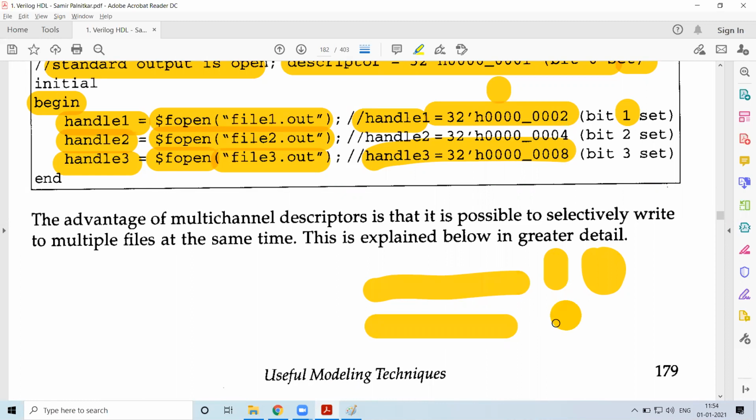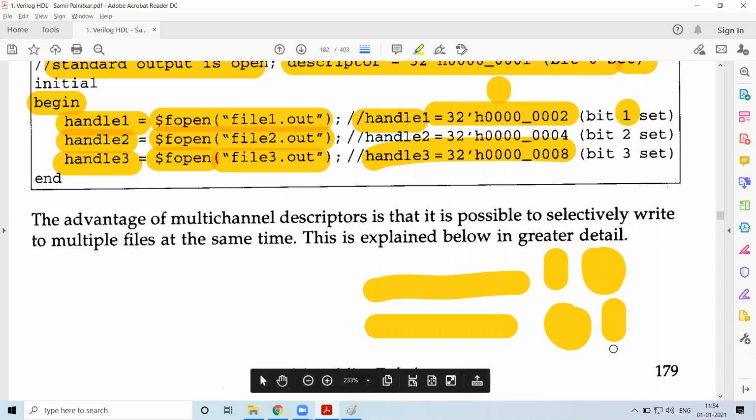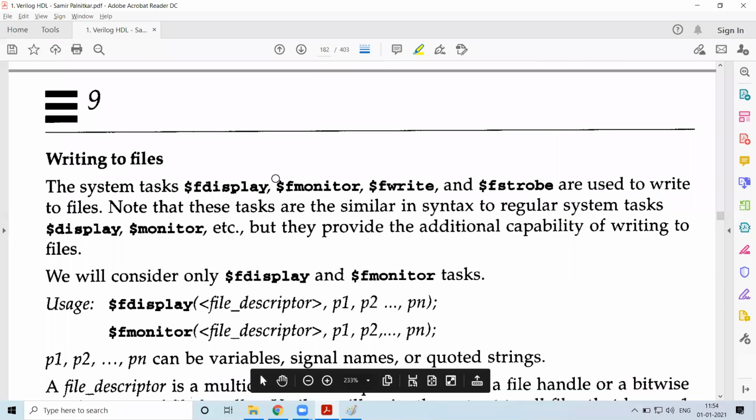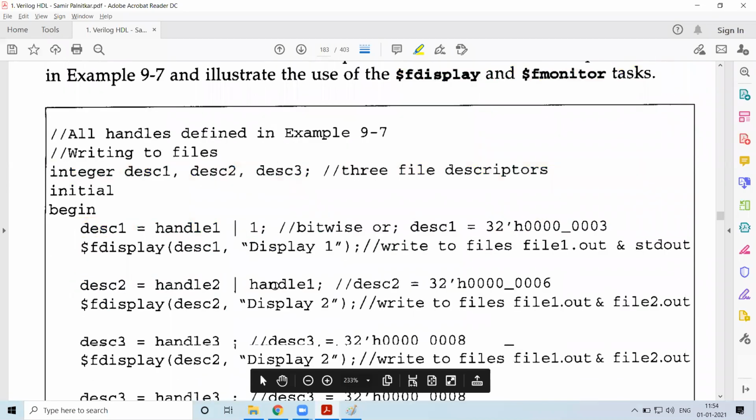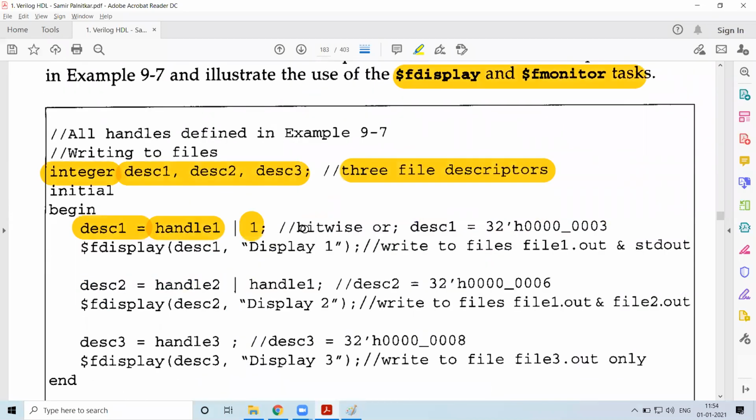When I OR it with 1, it will be 1 1 and the remaining all zeros, which is equivalent to 3. Here we can see that it is a bitwise OR. Therefore descriptor 1 will have a value of 3, in hexadecimal.